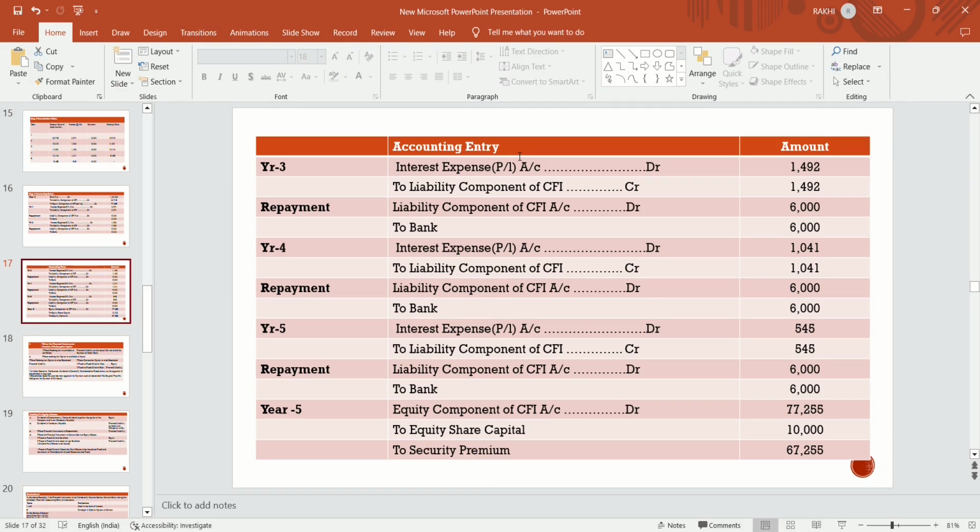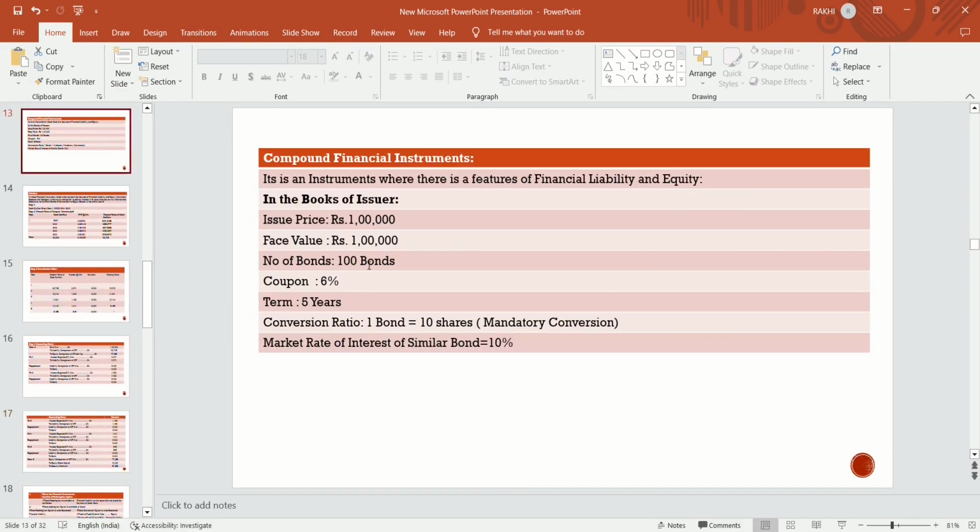that equity component which is recognized as a balancing figure should be converted into shares. So how many shares should it be converted into? Equity component is 77,255, which is debited: equity component of compound financial instrument to equity share capital. How many shares are there? Because for one bond, 10 shares will be redeemed, so here you have 100 bonds, so how many shares will be redeemed? 1000 shares. Their face value is